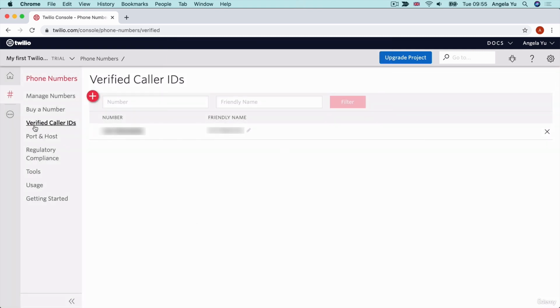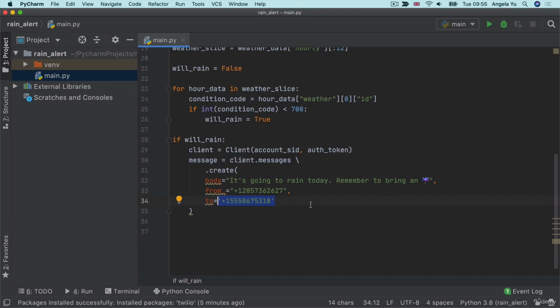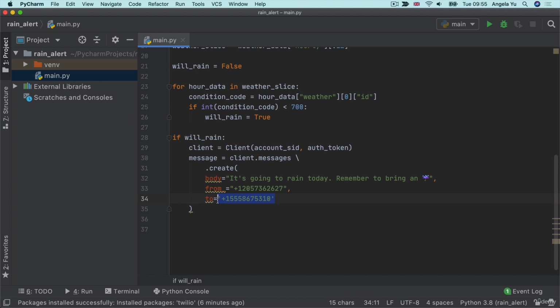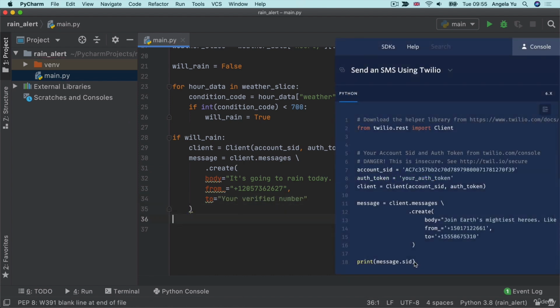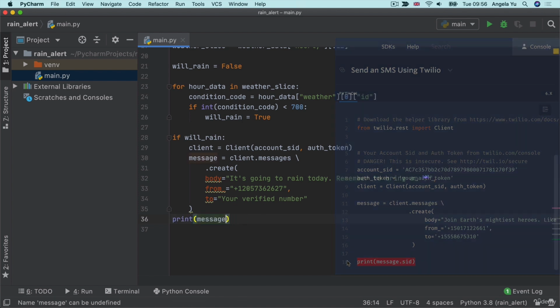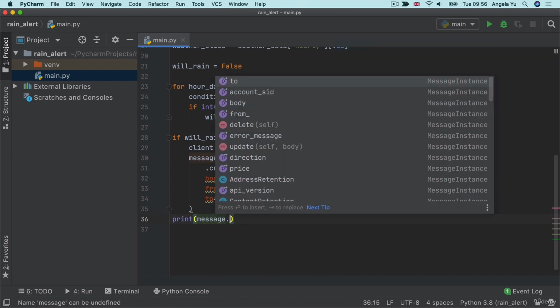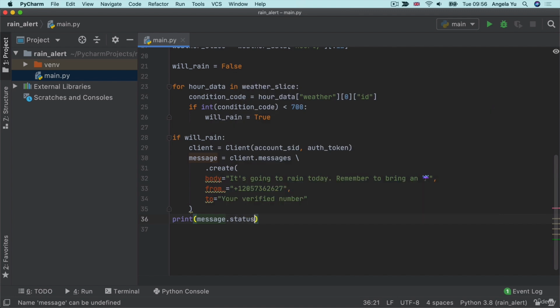Any of the numbers that you see here under verified caller IDs can be used in your code. Go ahead and replace this part where it says to with your verified number. Now, finally, it asks us to print the message that we created here, .sid. And basically what it means is that once this message has an ID created, it means it was sent successfully. Instead of printing the message SID, we're going to print the message status instead, just to make sure that it